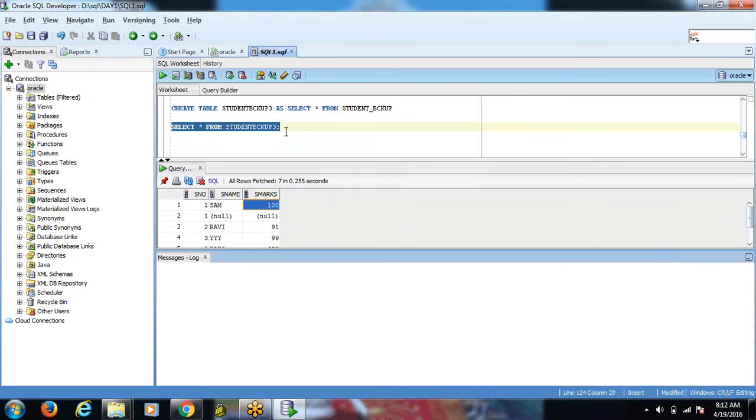Suppose I want to order all the marks in ascending or descending order. I can simply write ORDER BY S marks. By default it will be in ascending order. It will display all the marks in ascending order like this: 91, 99, 100, 200, 289, 400. See, the highest value is the null value. Why? Because we can't assess the null value, how much value it is. Some garbage value will be there. It is not an empty value. So it will consider the null value as the largest value.